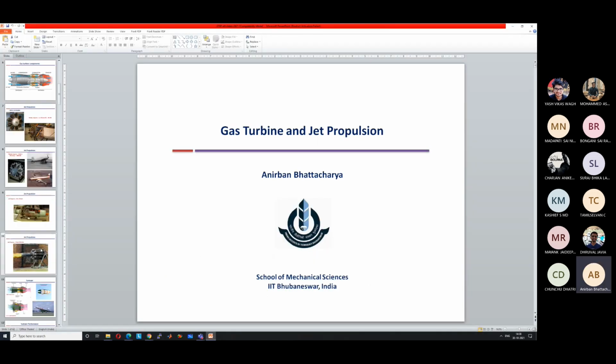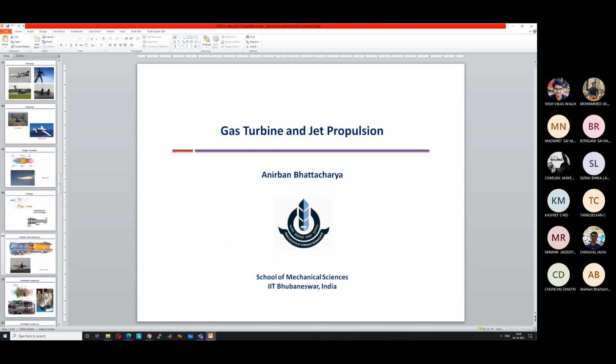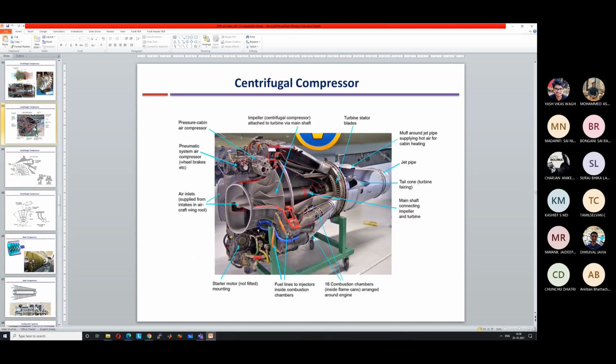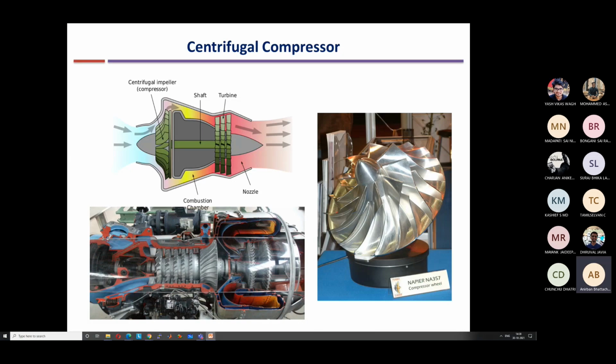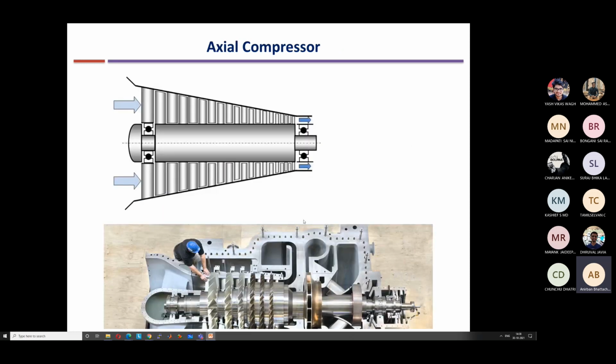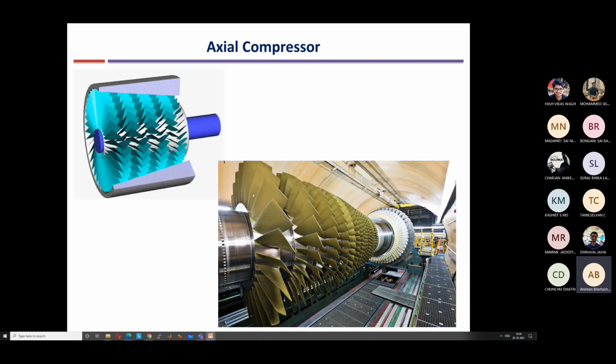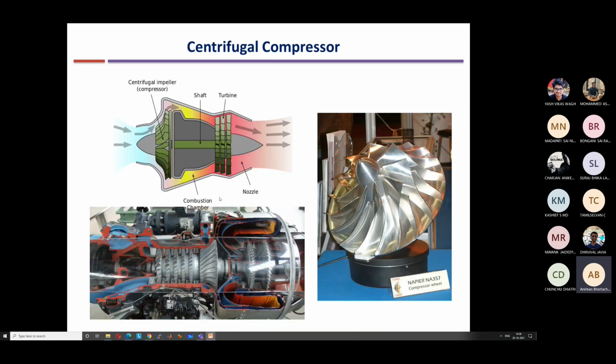Let me just go through these slides again once. So we have started discussing centrifugal and axial compressors, and we have noted the differences. A centrifugal compressor is a compressor where the air comes in axially and goes out radially. In contrast, an axial compressor is one where the air comes in axially and also goes out axially. Okay. So what were the main differences that we discussed?